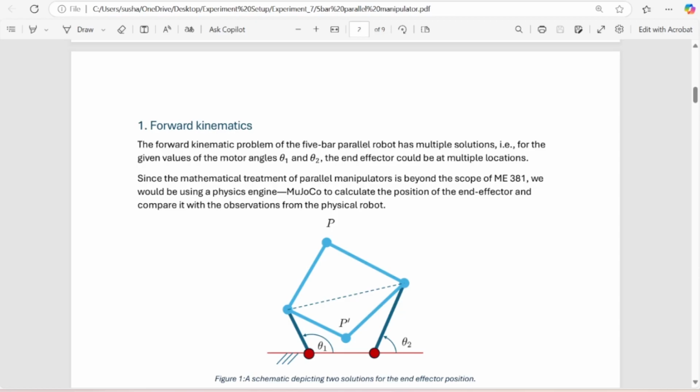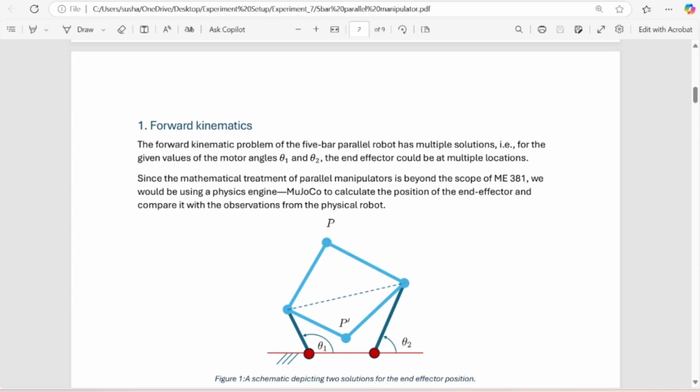Now, how do you do the forward kinematics of this system? You might have studied in the case of 4 bar mechanisms also that we write the loop closure equation and then try to solve it. In this course we will not do the loop closure equation here because it is a little bit more involved. What we'll do is use the physics engine, the MuJoCo simulator, which is already there.